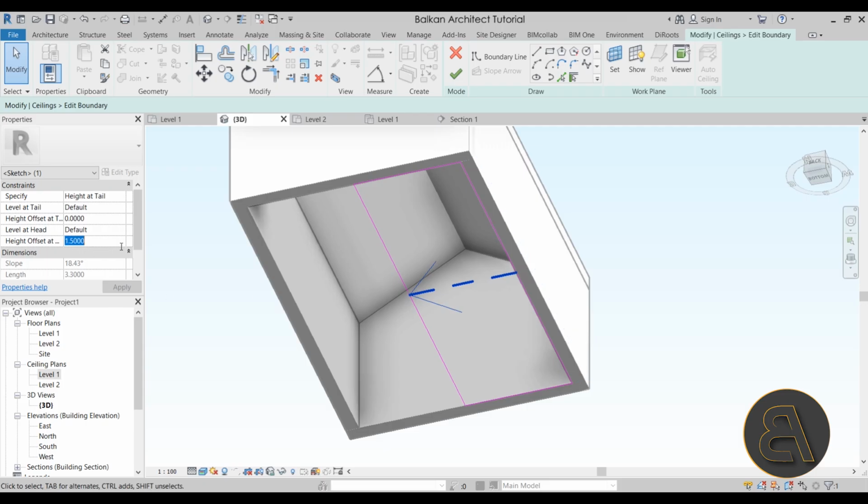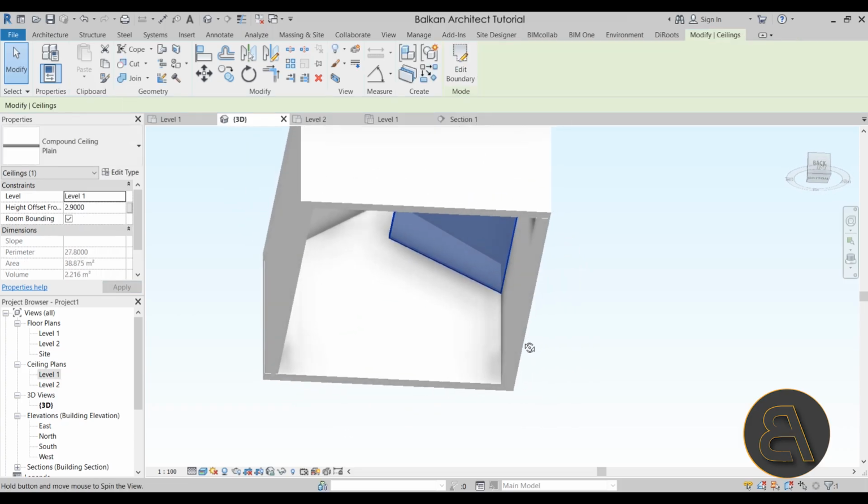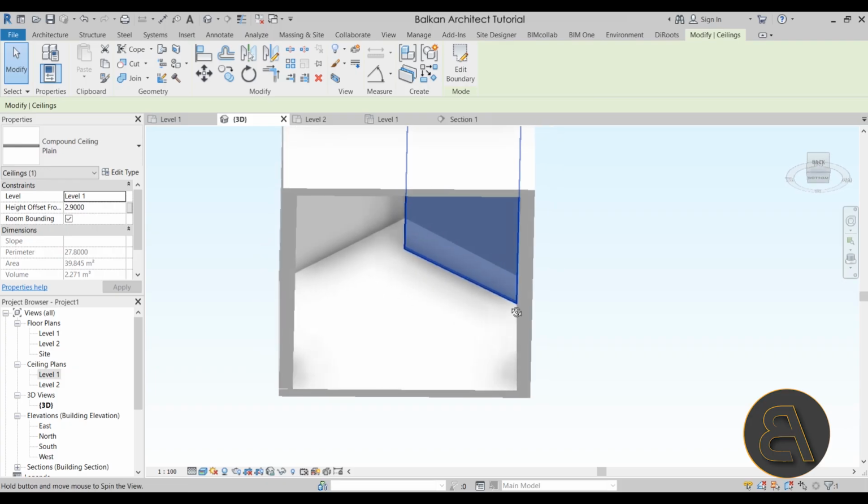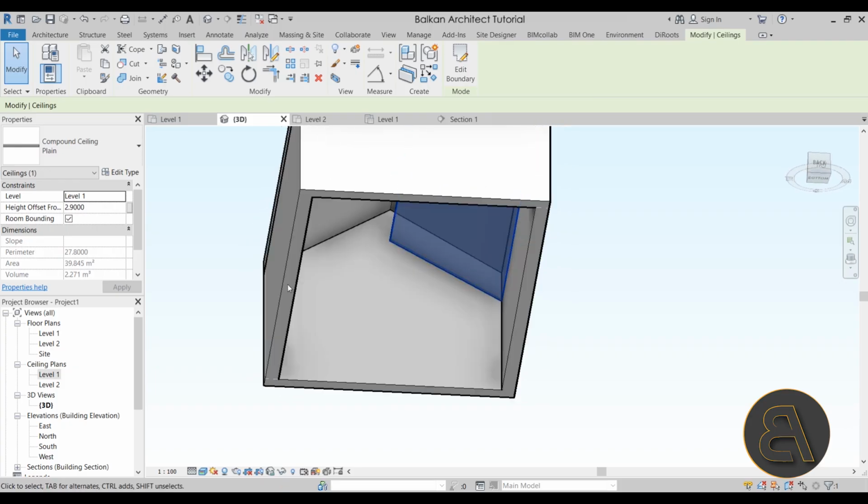So let's try this at 1.6 or something like that. You want to play around a little bit until you match that angle. Let's try 1.8. One good way to solve this issue is to, let's just move this up a little bit, 3.2 meters,